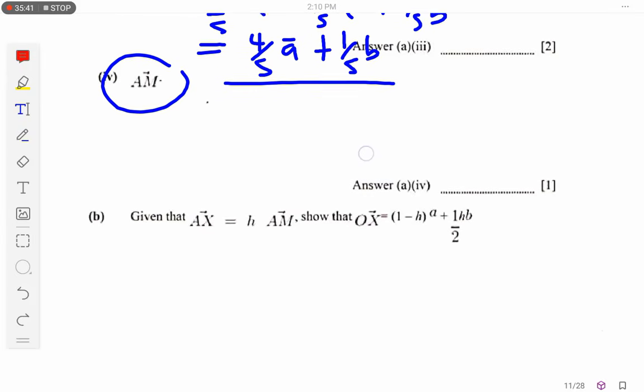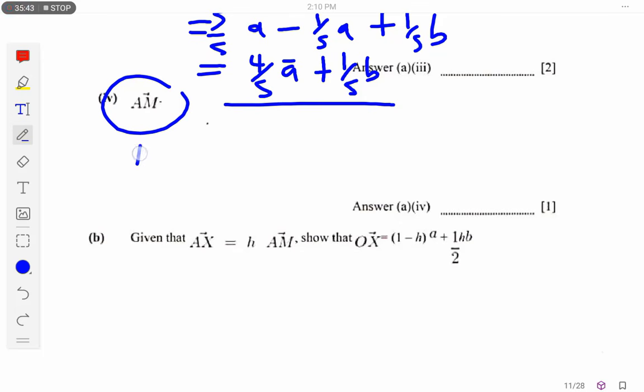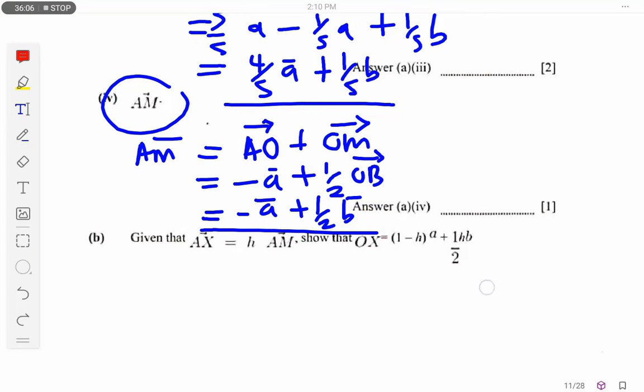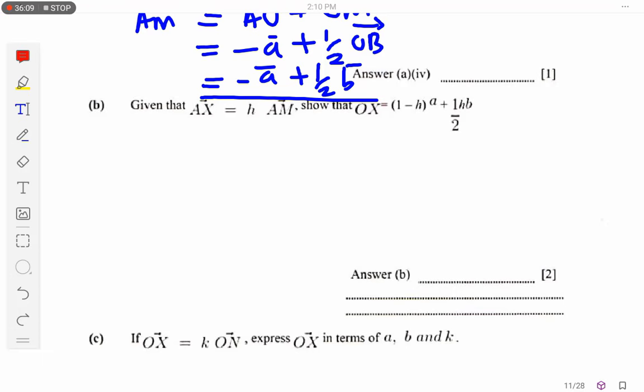Let's calculate it. Our AM is going to be equal to AO plus OM. Okay, so it's going to be minus A, because we are opposing the A there, plus half of OB. Half of OB, it's a B, so it's going to be equal to minus A plus half B. Okay, so this is our final answer there. Then the other question is now saying,